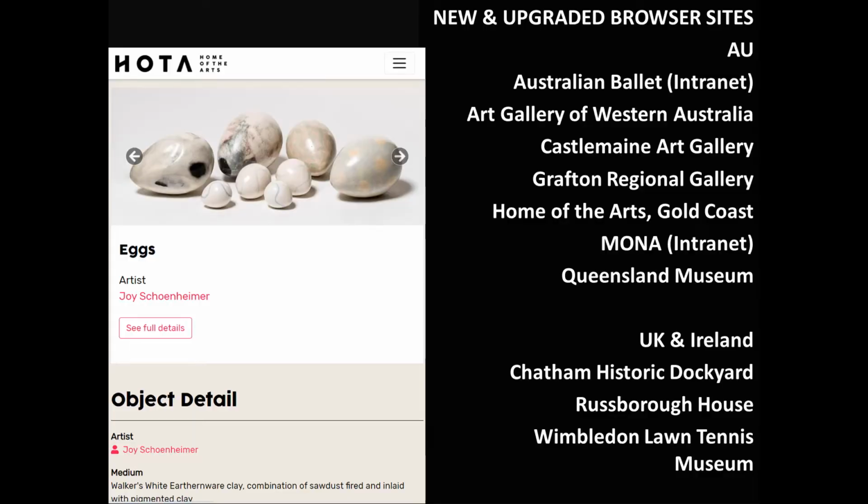One of the busiest areas for us in the last 12 months has been developing online collection sites. And so that's the work that Shinoy Sam in our office is doing behind the scenes, helping with the branding of those individual collection sites and helping people choose what content they're sharing with the public. So that's been particularly important for our collection sites over the last year, because a lot of our customers aren't open to the public or haven't been for some period of the last year. So I've just got a quick list there of some of the sites that we've launched over the last year.